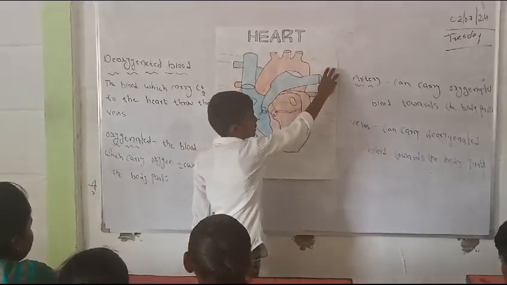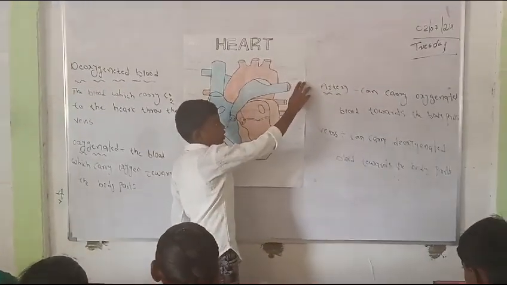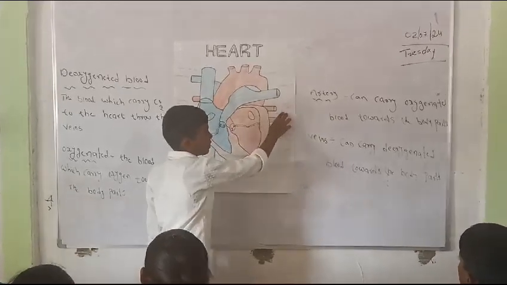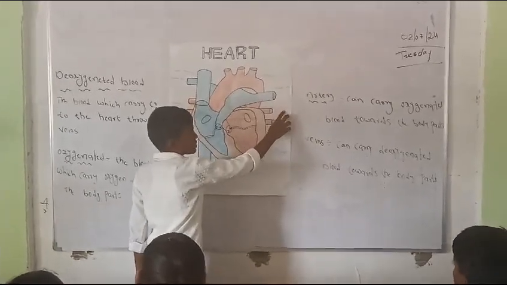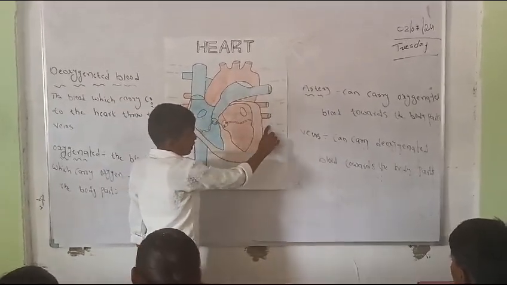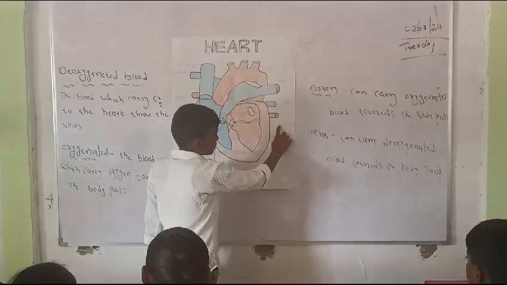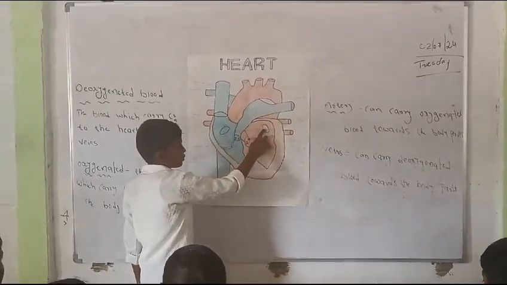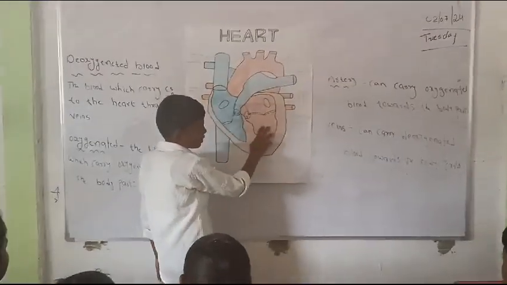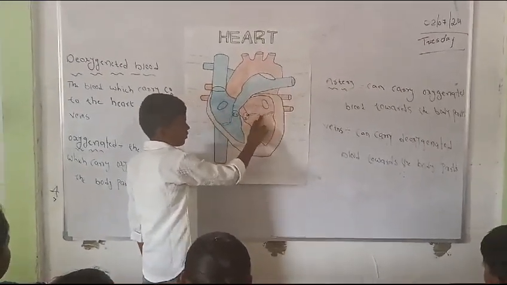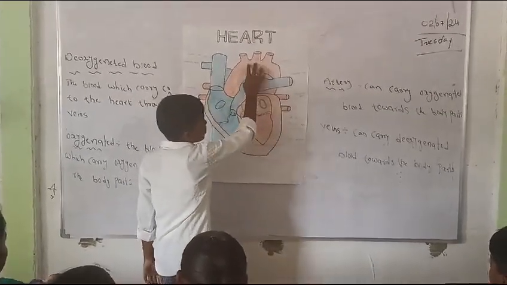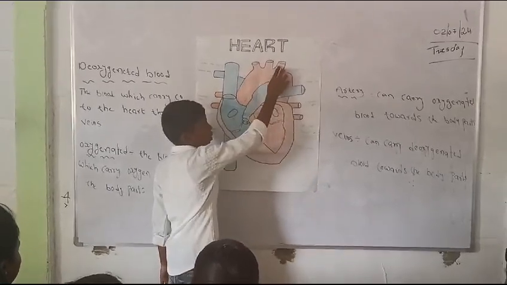After that it reaches the lungs. The lungs take out the deoxygenated blood and give oxygenated blood. From the pulmonary artery to the pulmonary veins, the oxygenated blood enters into the pulmonary veins. After that it enters into the left auricle. With the help of the bicuspid valve it enters into the left ventricle. After the valve is closed, it moves to the aorta. The aorta gives the blood towards the body parts.